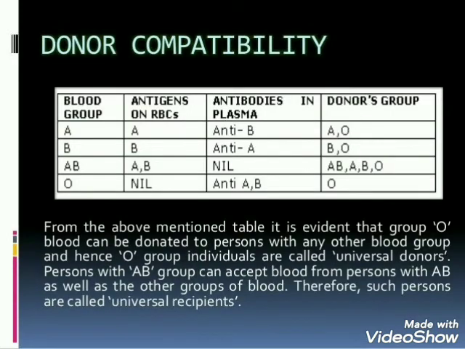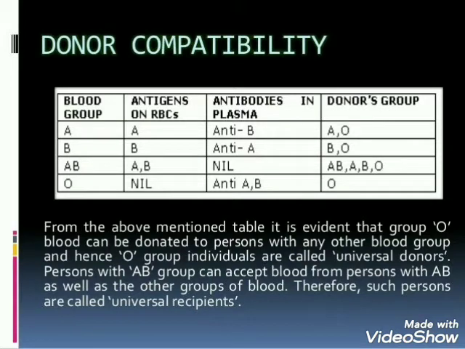Donor compatibility. Before any kind of transfusion, it is mandatory to check the compatibility between the donor and the recipient blood, because transfusion of a mismatched blood group can lead to the coagulation or clotting of blood, which may be fatal. The following table gives the characteristics of the different blood groups, showing the types of antigens and the antibodies which are present in different blood groups.